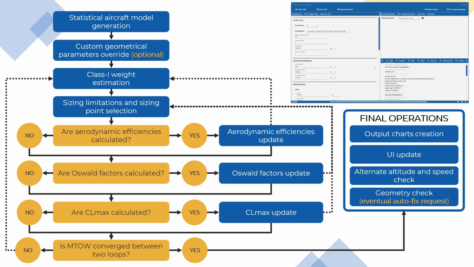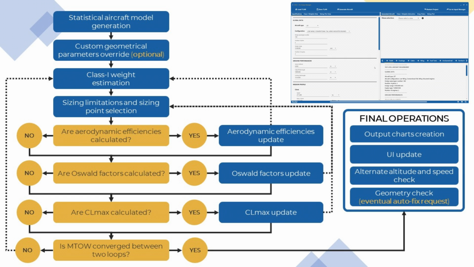Once all limitations have been defined, the sizing point is selected, according to the user-selected strategy. In addition, if the user has chosen to calculate the aerodynamic efficiencies, the Oswald factors, or maximum lift coefficients, the related calculation modules will be triggered to update their values and recalculate aircraft weights if needed, and recalculate the sizing limitations. The overall process ends when the aircraft maximum takeoff weight does not change between two consecutive iterations more than